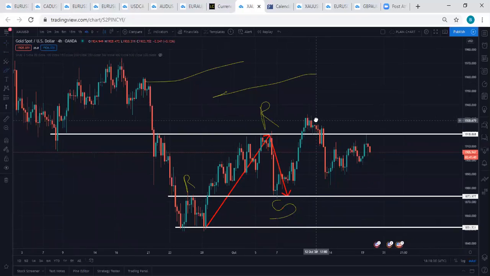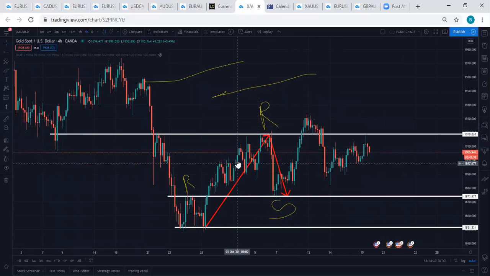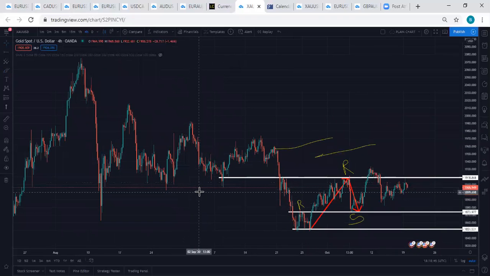So this is how support and resistance work. Support and resistance work on the basis of the fact that history always repeats itself. So this is a resistance. This is a resistance in the past that became a support. It was a resistance here, it became a support here. And I can go on and on to show you instances in this chart where a resistance became a support. Let me do that.